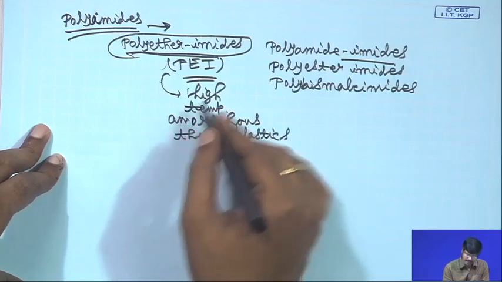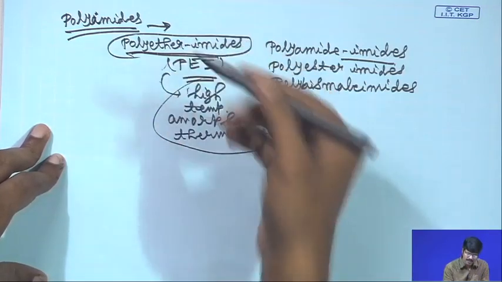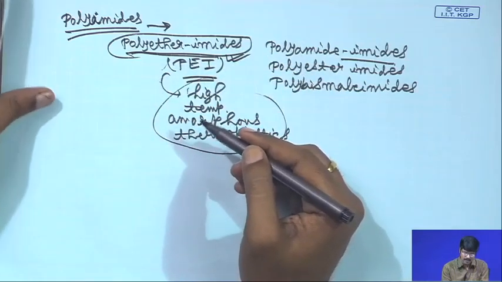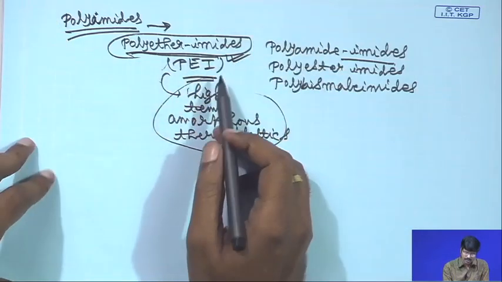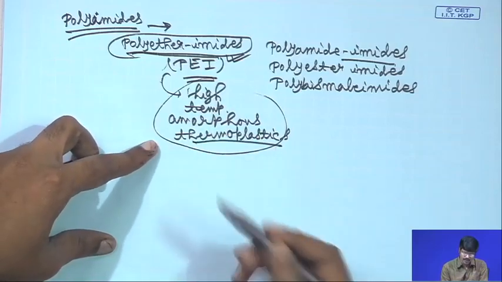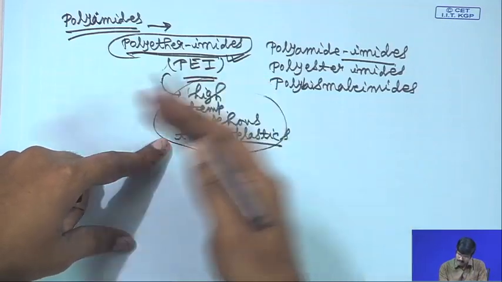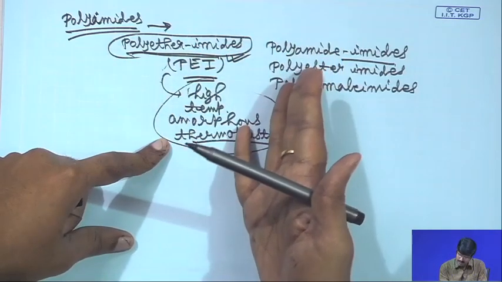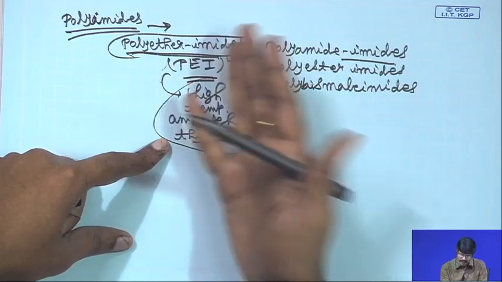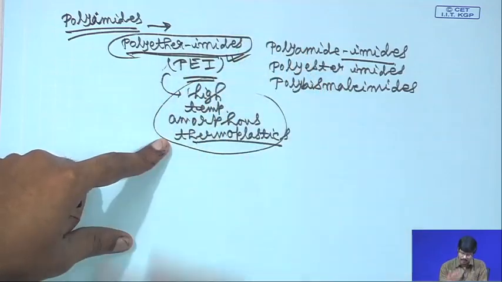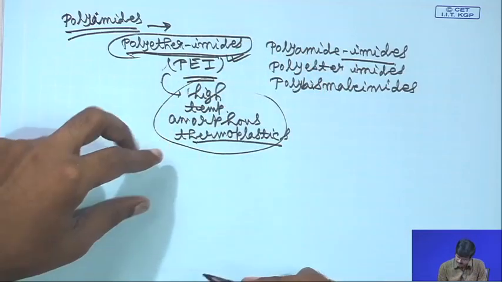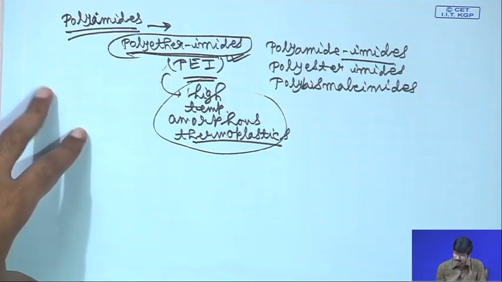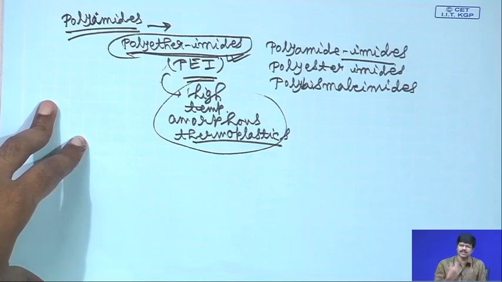Because they have not only repeating imide linkages, which helps them to have high temperature stability, so the material property can be retained, but they are also thermoplastic materials because they have regular repeating ether units in the system. So, the imide units provide stiffness to the material, and the ether linkages provide the flexibility to the material. That will allow good melt flow characteristics of the material. So, the processability,